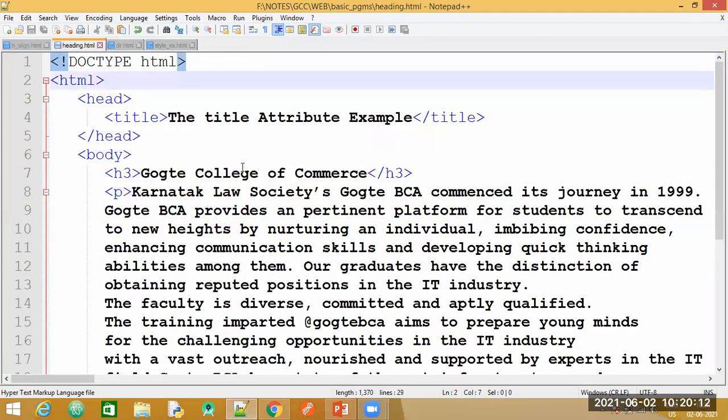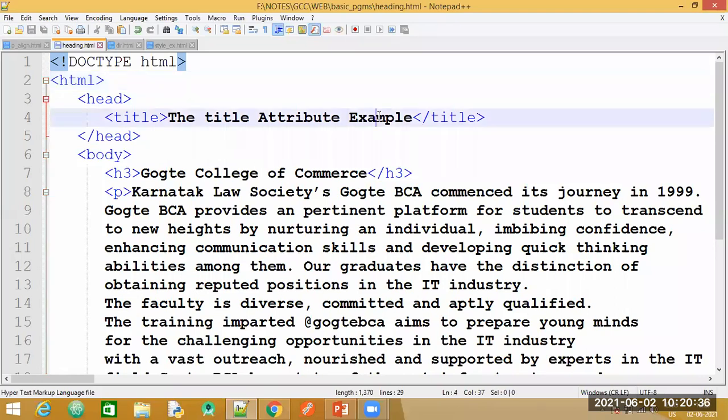So we have seen the tag examples that range from H1 to H6. If you can recall, from H1 to H6, we had the heading tags, and each of these heading tags had a respective font size and the boldness was different from H1 to H6. Now have a look at this document.